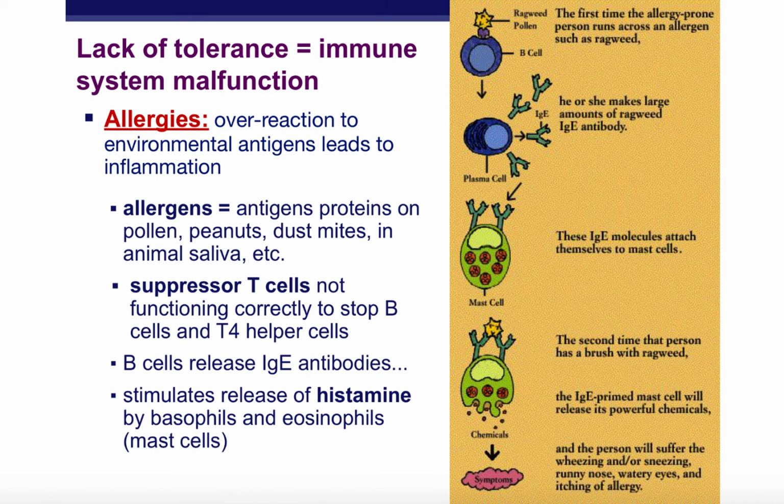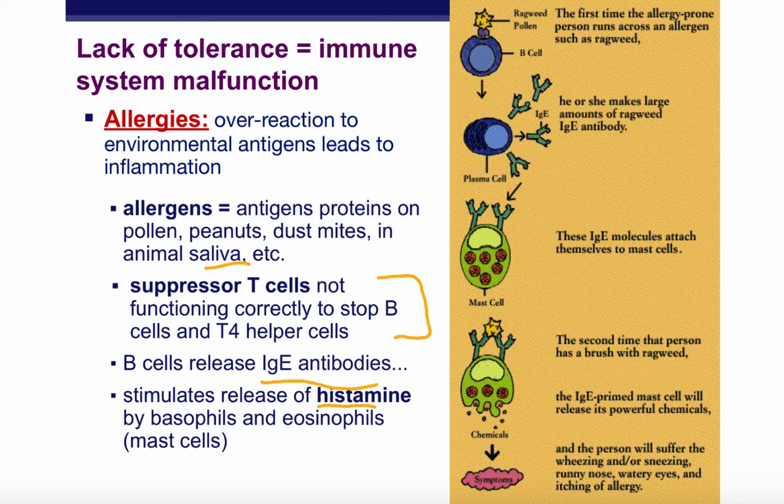Another situation that may happen is if you don't get repeated exposure to environmental things, your body may not learn to stop overreacting when exposed to it. So in this case, a lot of allergies occur when you maintain B cells that have the potential to attack things in your environment that you shouldn't want to attack, like peanuts or pollen or dust or saliva if you're allergic to a cat or dog. And when those suppressor T cells aren't made to block off your B cells from overreacting, those B cells are going to